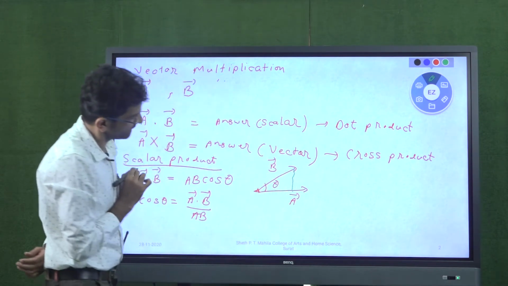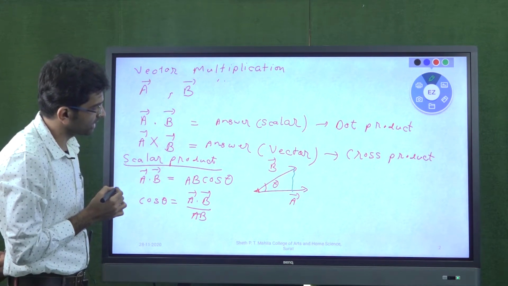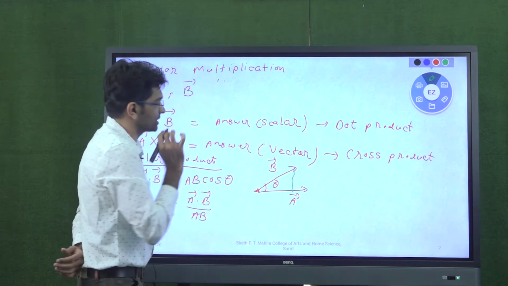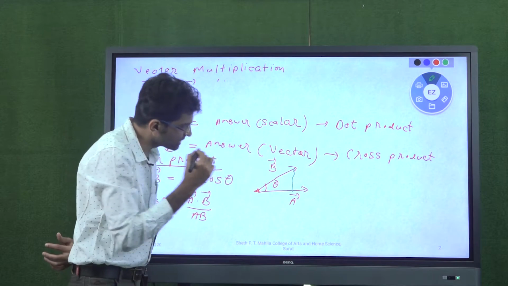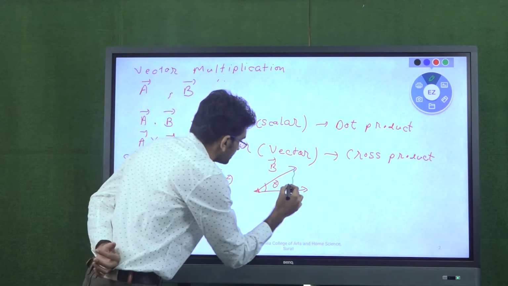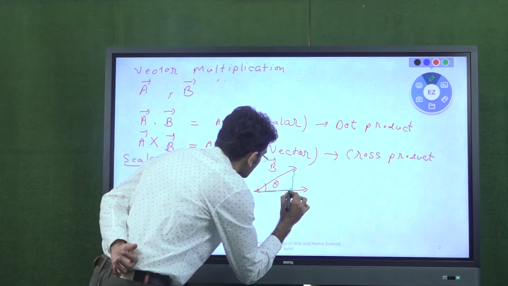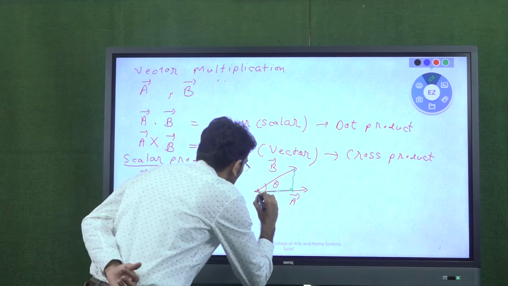So here I have taken the projection of vector B on the vector A. So in the direction of vector A, I have taken the projection of vector B. So what will be that projection? If I use trigonometry, then this projection, from here to here, what will it be? This projection is nothing but B cos